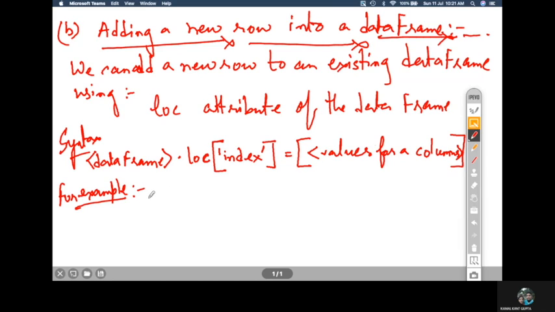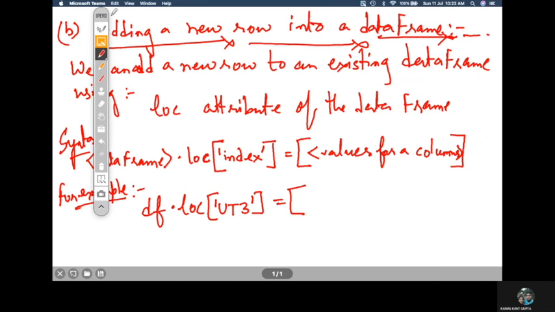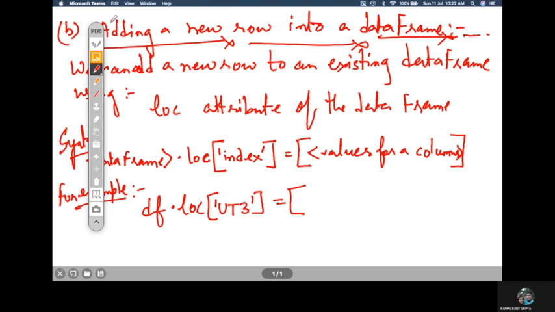We write df dot loc, the name of our data frame was df, and here you just supply UT3, is equal to, and then how many students were added? 4 students were there. So let us add all the data for UT3 for all of them.